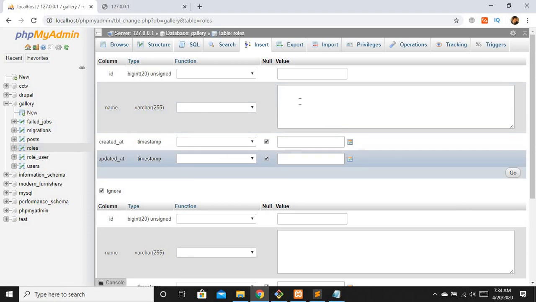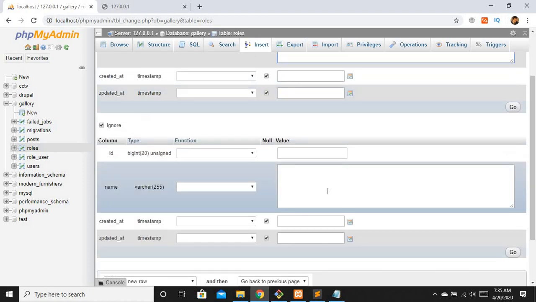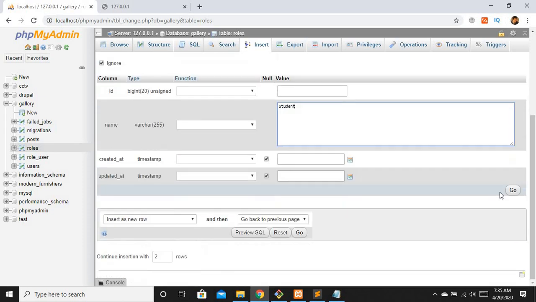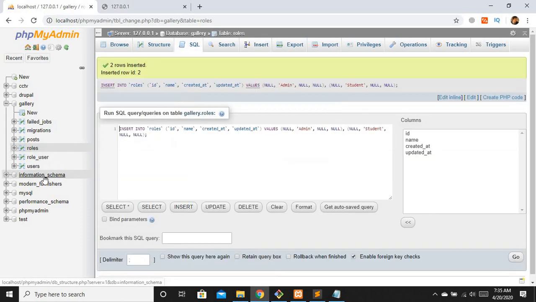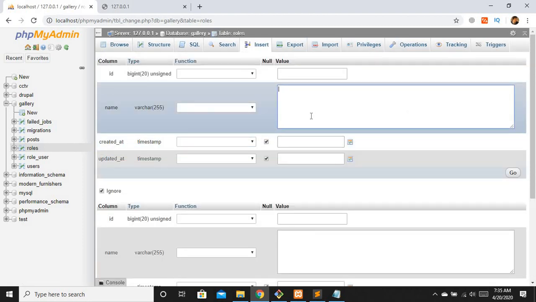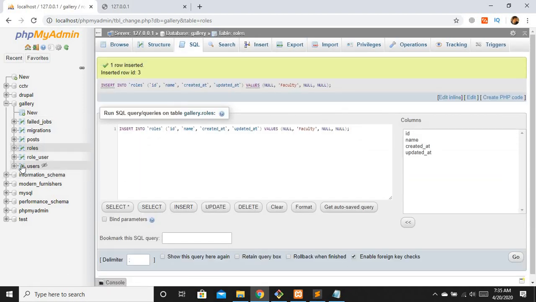To save time, I'm going to create the records right here in phpMyAdmin. Let's say the first role is admin, the second role is student. Let's create another role. I will just insert and write faculty. So we have three roles right now.